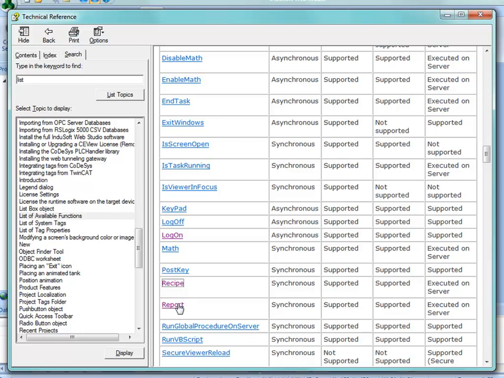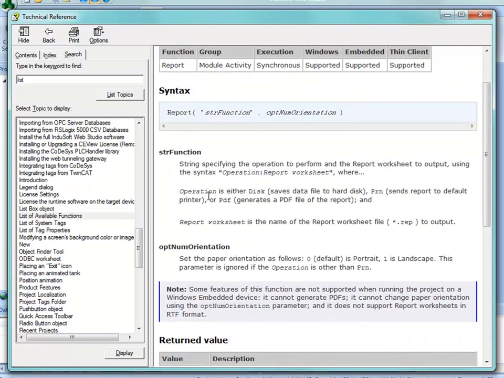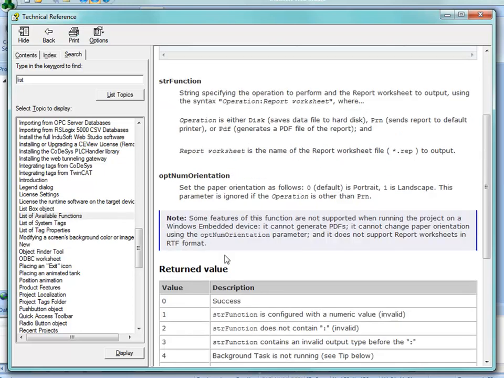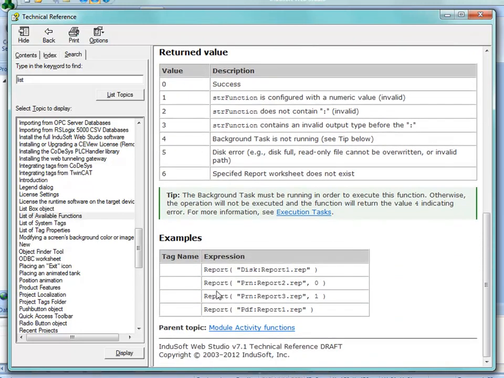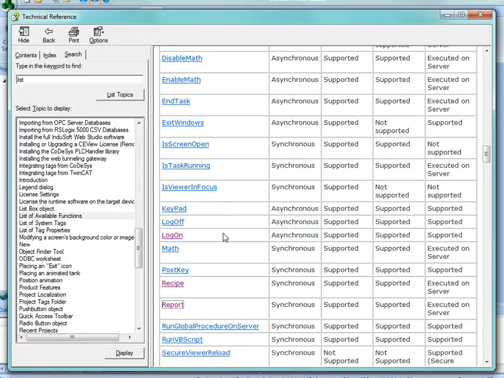In a similar fashion, here under report, we can see that disk is a function, prn is a function, PDF, we can print a PDF, and very similar, we can get these returned values, these error codes, and here's some good examples as well. Continuing on,